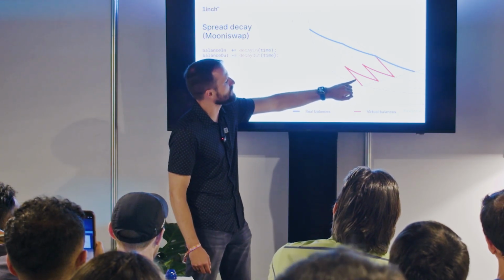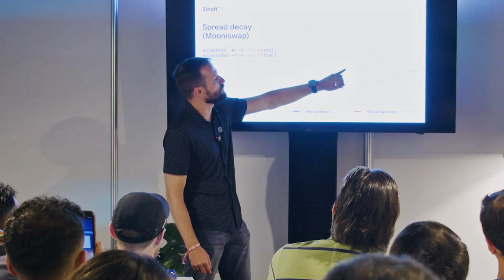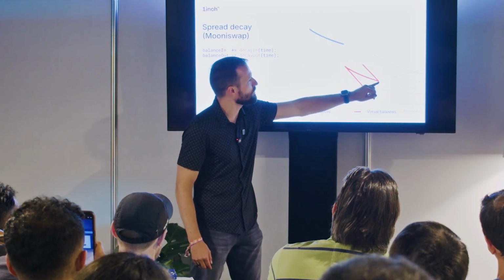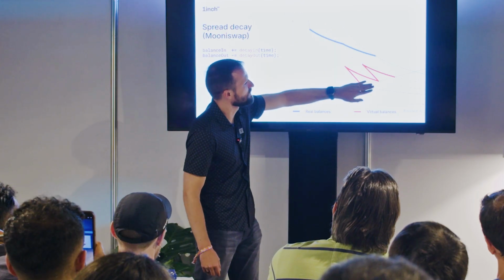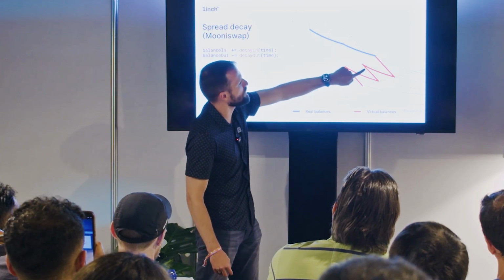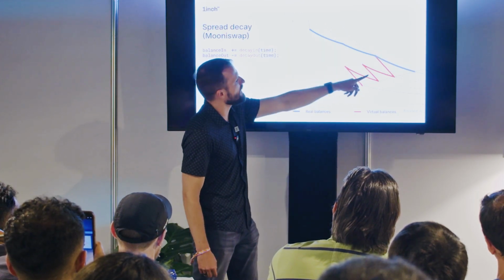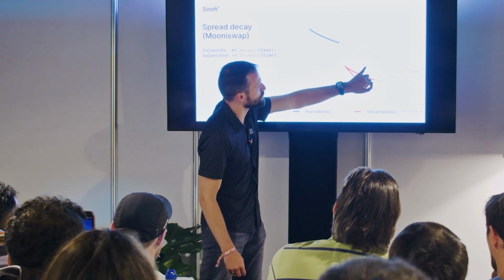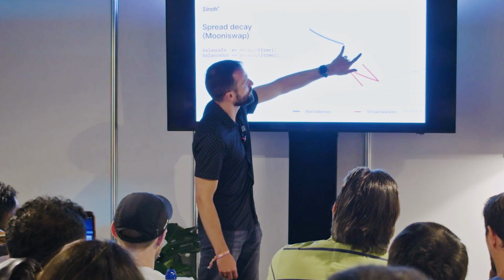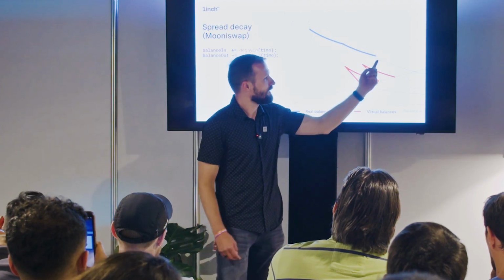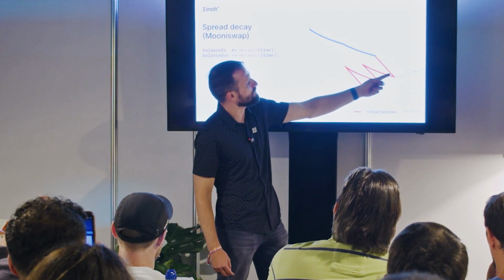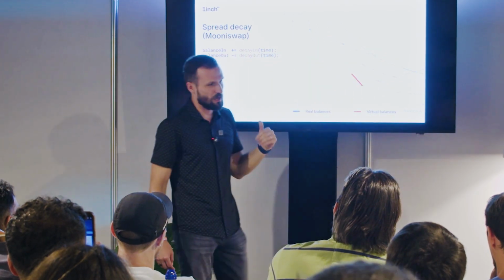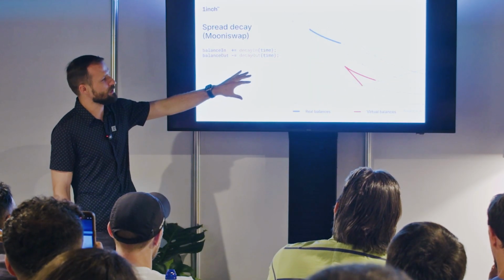So balances start moving from the old one to the new one, and somewhere arbitrage happens. Arbitrage happens here on virtual balances and here on real balances. Then again, it goes here, decaying over time. At some point, arbitrage happens again, and a swap happens. On virtual balances, it's happening here. On real balances, it's happening here. And at the end, balances again try to decay to real balances, and at the end, the final arbitrage happens. And this thing leads to